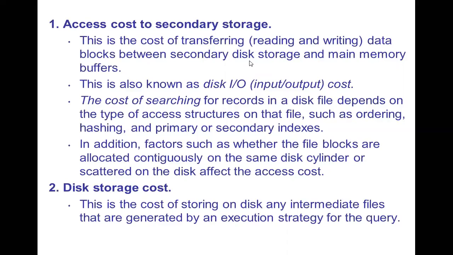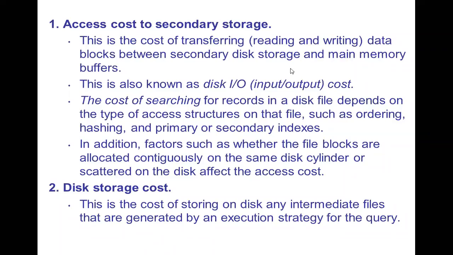Okay, that we also calculate, right? So the cost of transferring data blocks between secondary disk and the main memory. There will be a transfer between your primary memory, that is your RAM, and your hard disk when a particular query is being processed. Whenever you process any query, whatever data, whatever request you are sending through the query, those requests will get the data from the secondary disk, where it is already permanently stored. Those data will be taken to the memory at the time of processing. Okay, that you know already, right?